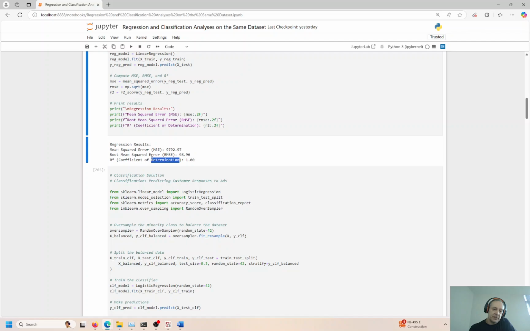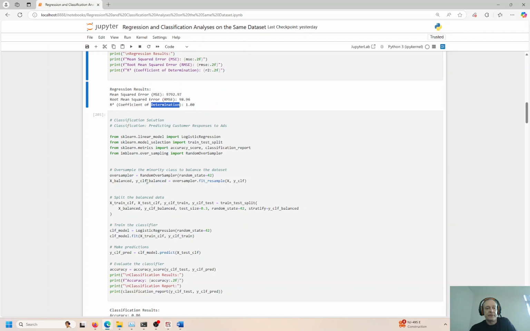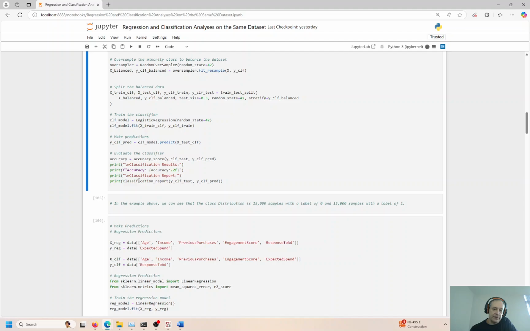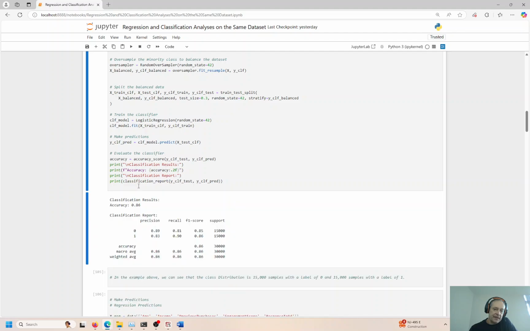Coefficient of determination and coefficient of correlation would be the R, right? So that's basic statistics. So let us go ahead now and get the classification done. That was the regression side of the equation, right? Let's do the classification. So Control Enter to refresh the code in the cell,